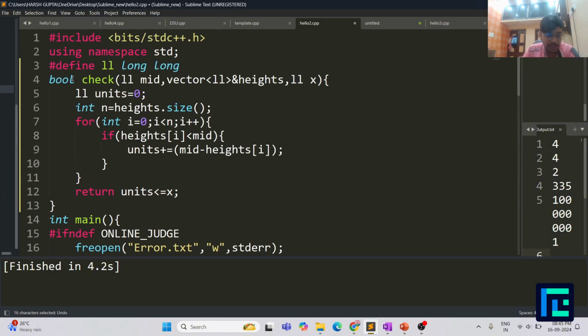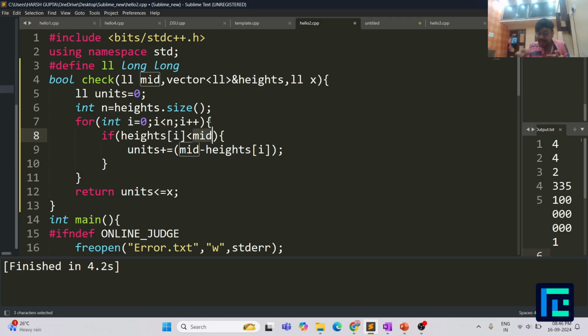So this is the check function, that is the boolean function. In this we have three parameters, that is the height, the vector heights, and the maximum units of water allowed. I initialized my units to 0, that is if I am building a tank of height mid, then this units variable contains how many units of water I actually require. I took the size of this vector heights in variable n, and I am iterating over all the heights array values. If heights of i is lesser than mid,